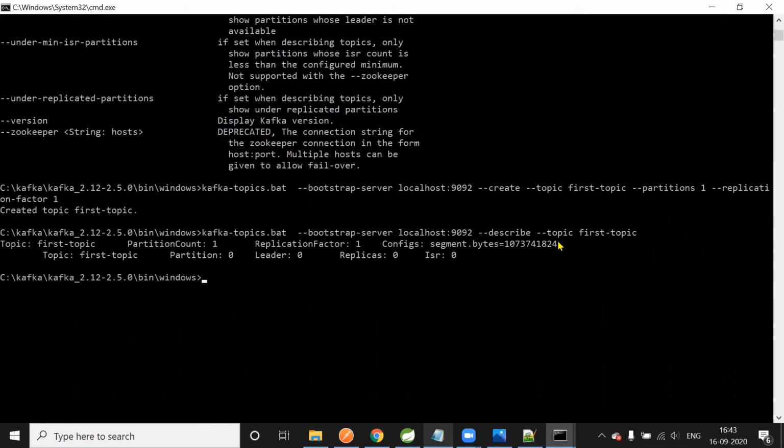Similarly, let us try sending some messages, right? If you want to send some messages here, we can use kafka-console-producer.bat. Normally when you want to send messages as a producer or consumer, we can write Java code using the producer API and consumer API. Or Kafka can be exposed as a proxy server, Kafka REST proxy. By using REST endpoints also, we can create topics, send messages, and consume messages. But this REST proxy is not available with Apache Kafka. It is available with Confluent Kafka.